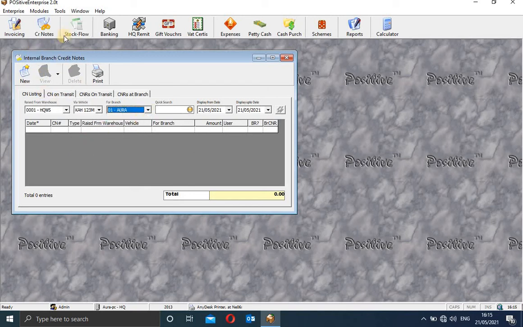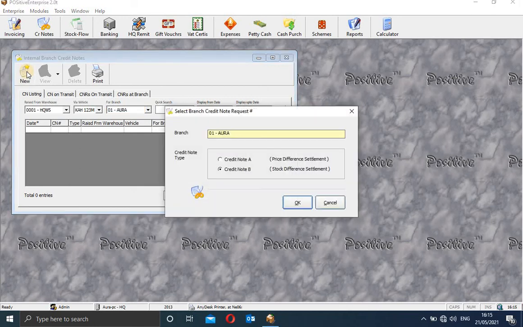You can do a credit note here in the same way. You just do new, and then there is credit note A and credit note B. Credit note A is for a price difference, and credit note B is for a stock difference.